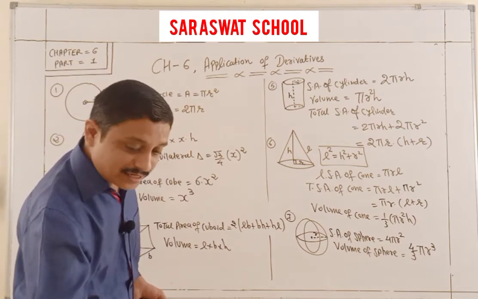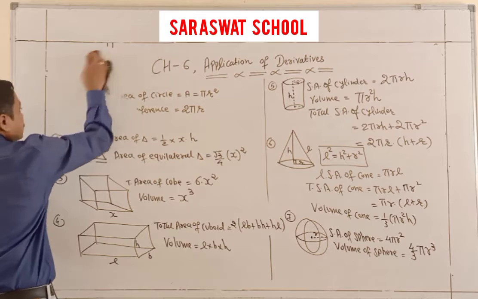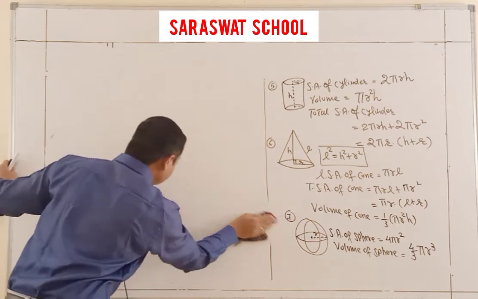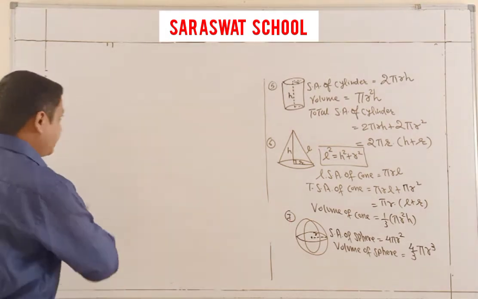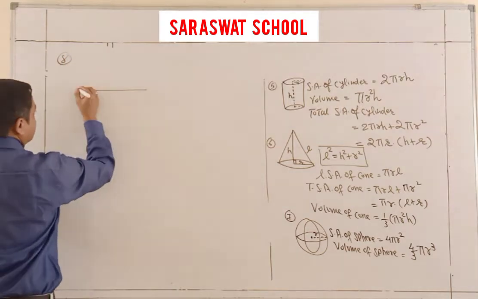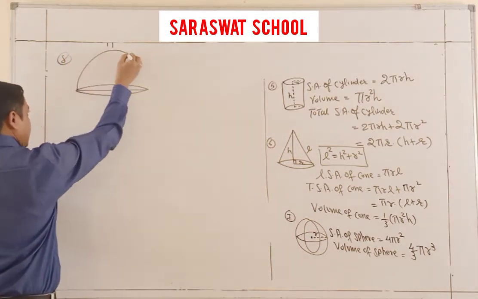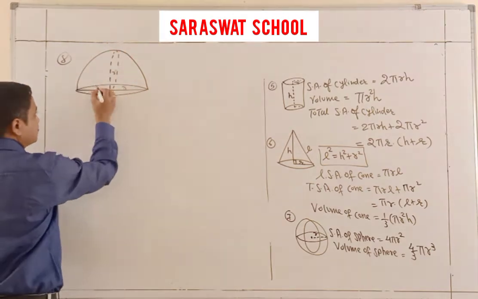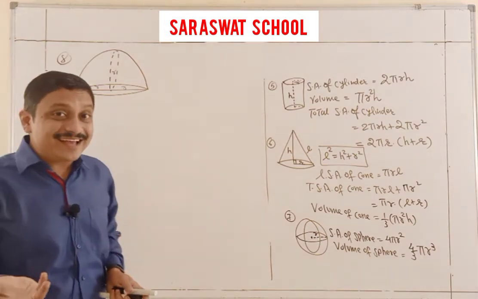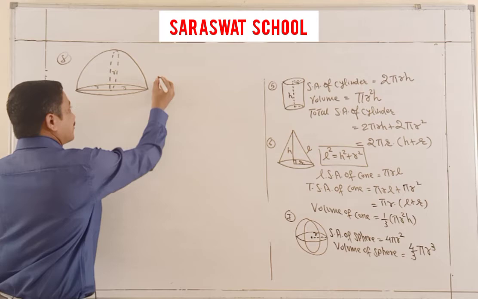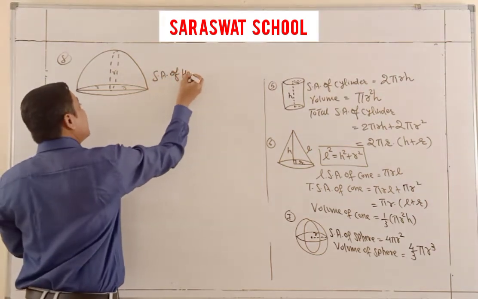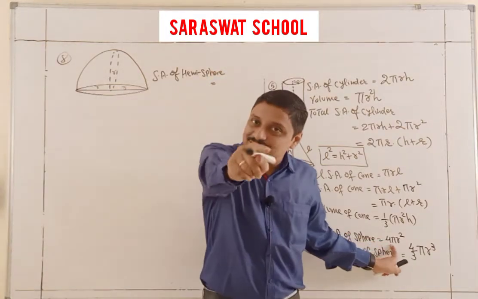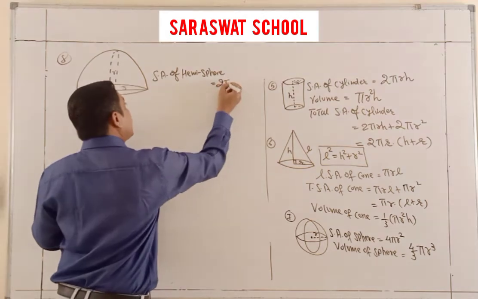One more part, after that I will draw for you. All these parts are utilized one by one in this chapter. Now figure number 8, which is a hemisphere. This is the hemisphere figure with its internal parts. Here is the radius, and also the surface area, volume and total area. The total surface area of the sphere is known, 4 pi r square; cutting it in half, the curved surface area of the hemisphere is 2 pi r square.